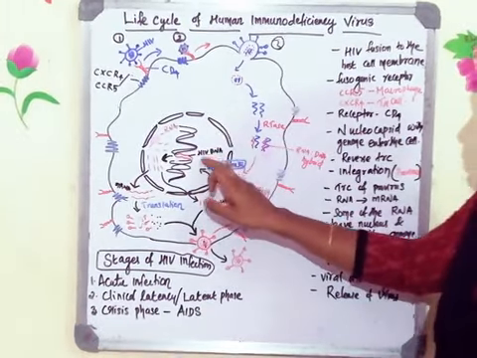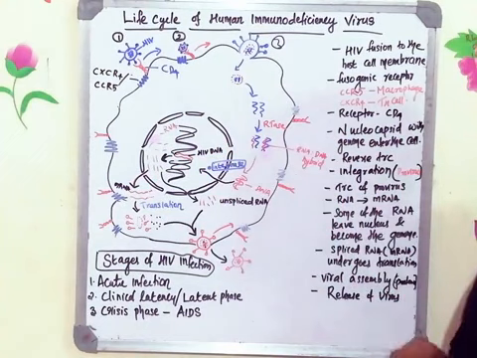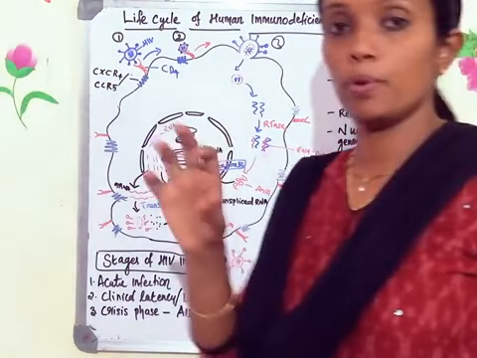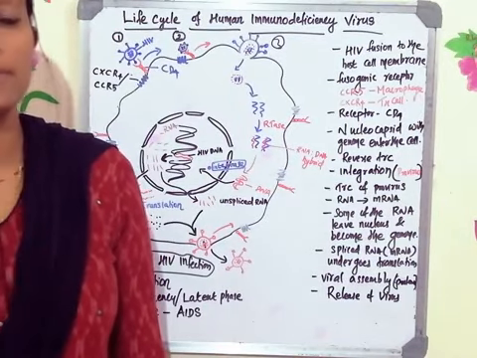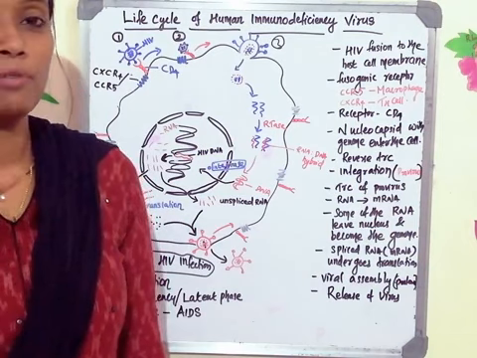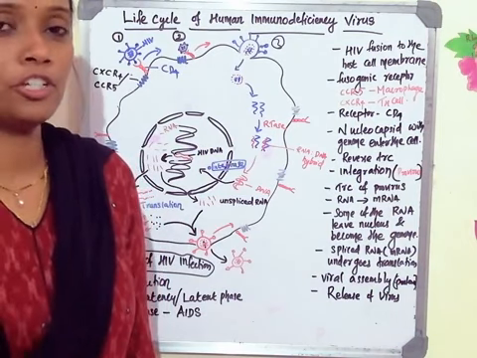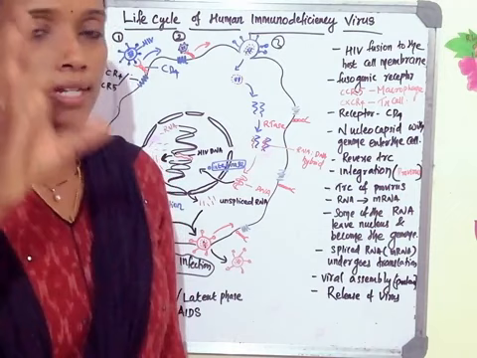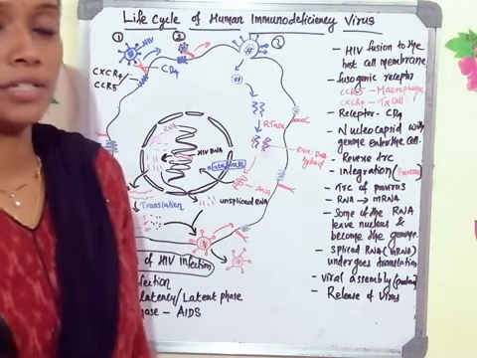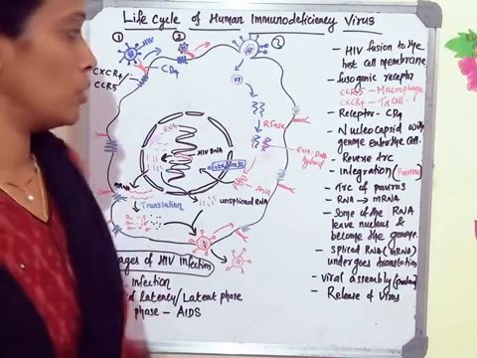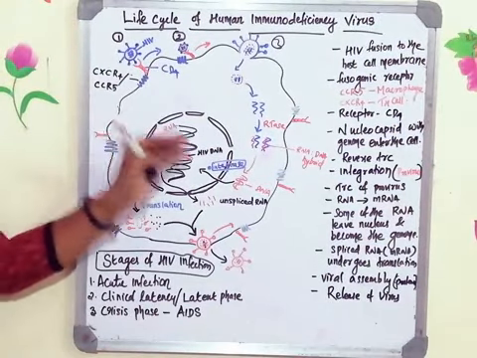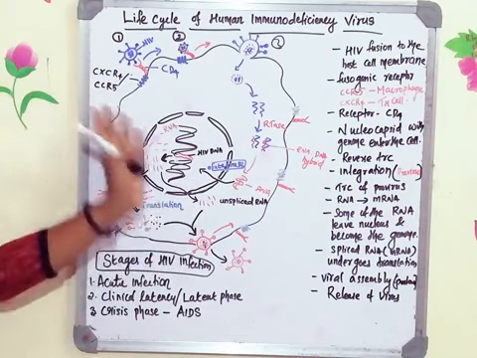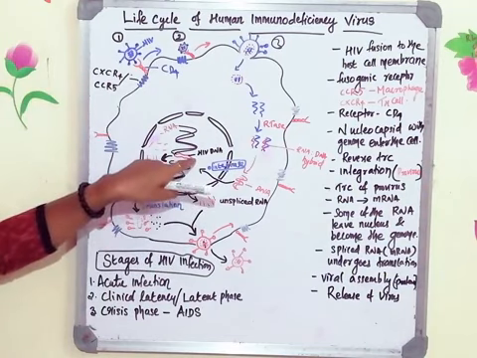Now, once it integrates there, this stage is known as the proviral stage. Okay, provirus. The viral integrated cells are known as the provirus. Okay, so in the case of lambda bacteriophage life cycle, you know that there is a formation of prophage. What is prophage? When the phage genome integrates with the host genome, and if it remains in the lysogenic stage, it is called the prophage. So here also the viral genome integrates there in an integrated form. It can be there for a longer time, so that stage is known as the provirus.